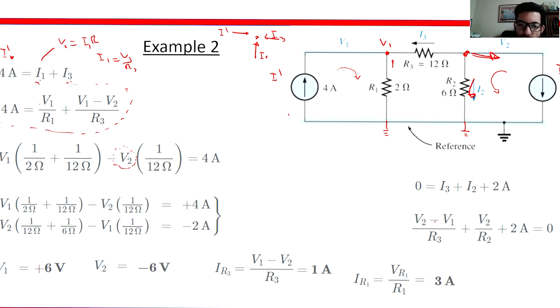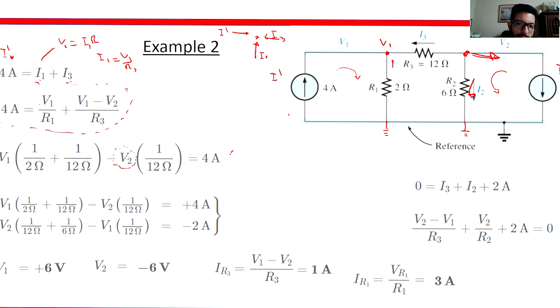V2 minus V1 divided by R3 is this current right here, plus V2 divided by R2, which is this current right here, and I with 2 amps. So we have the current through here, the current through R2, and the current from the source. Now combining the terms,